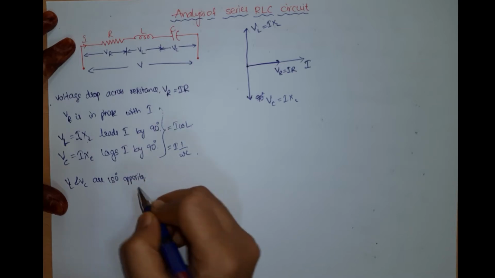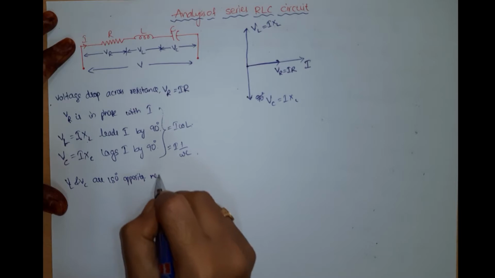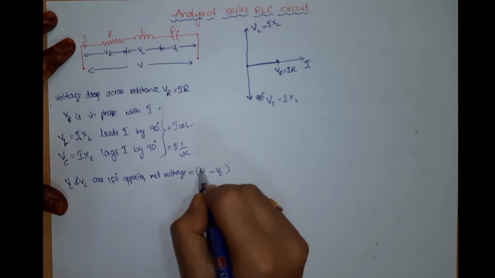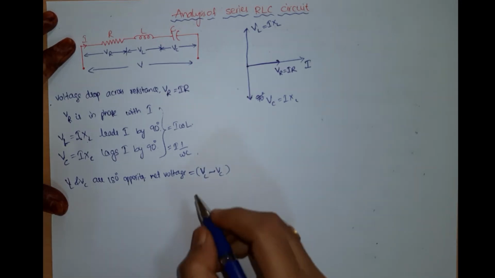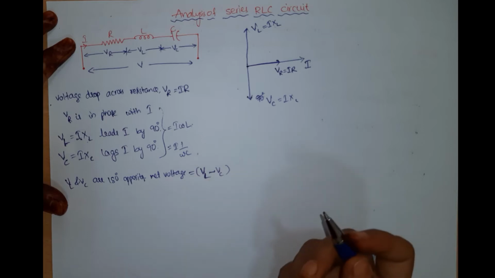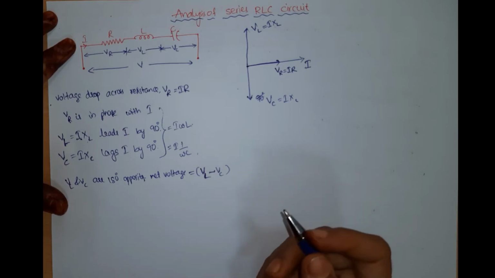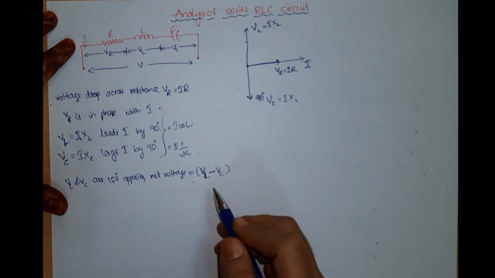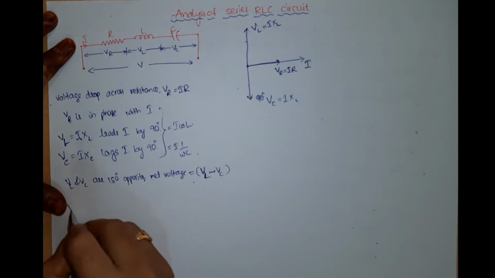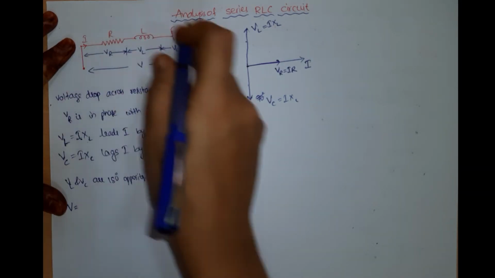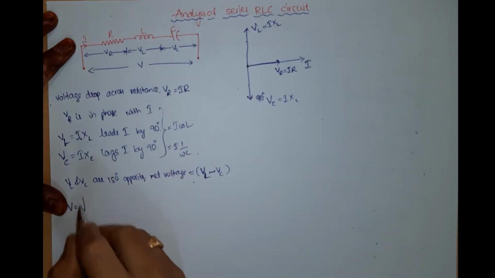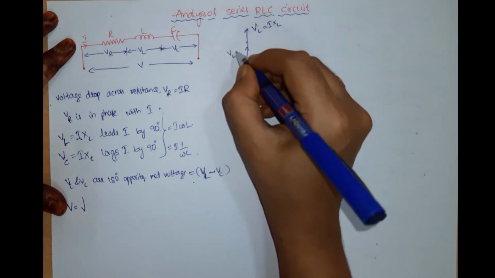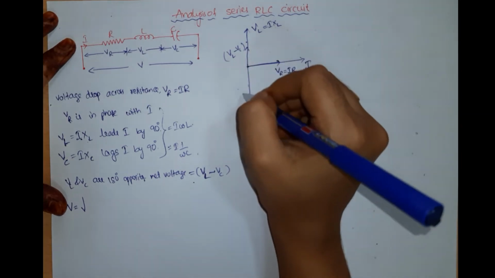So in phasors what happens? The net voltage, I can write as the difference, whatever it is. Actually it is the difference VL minus VC. Right? We don't know whether VL is greater or VC is greater, but the resultant of these two is given by the difference of VL and VC. So I can write the net value of voltage across this series circuit now with VR, and let me take this resultant as VL minus VC, the resultant of VL and VC.